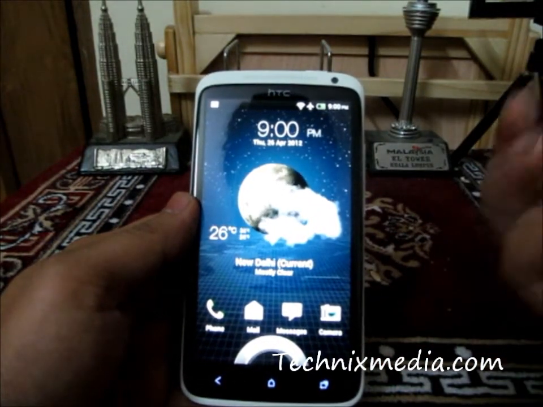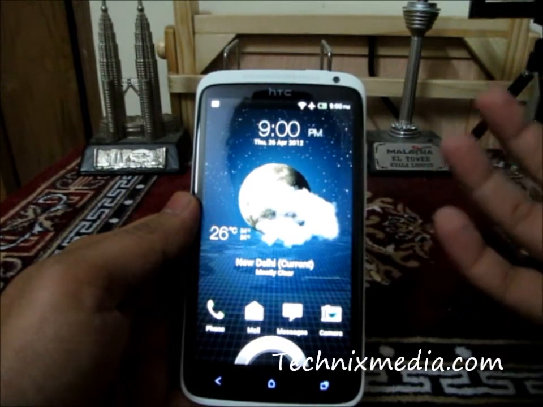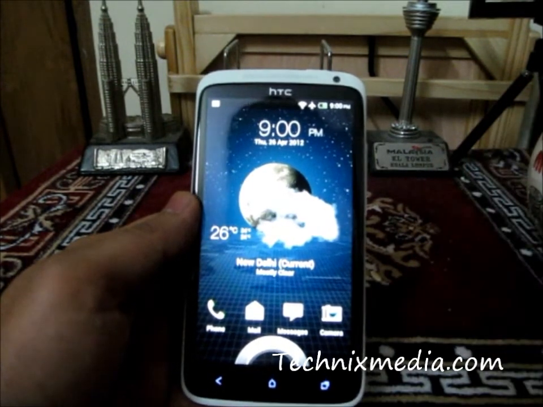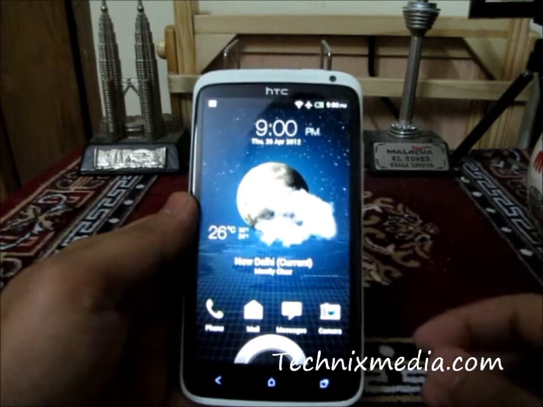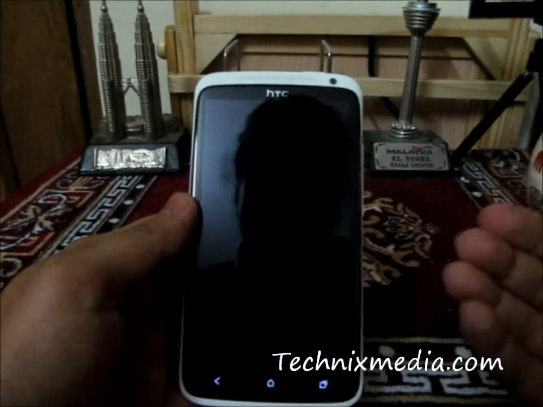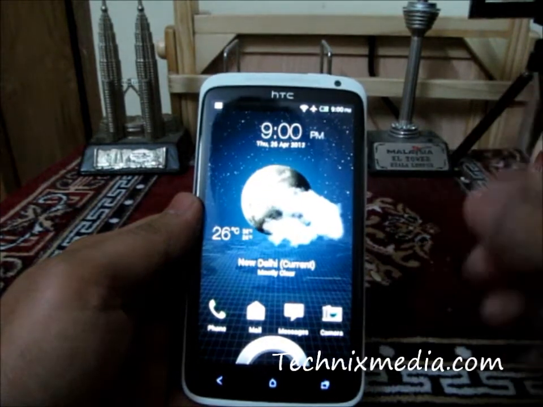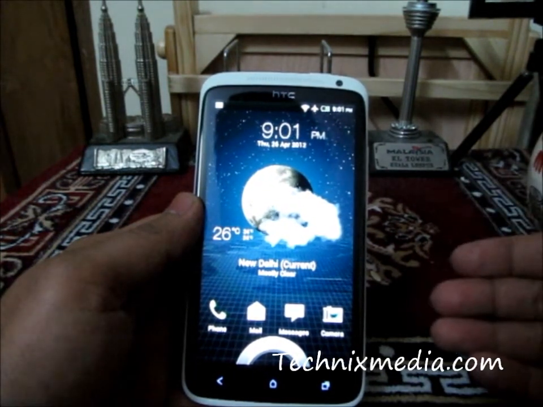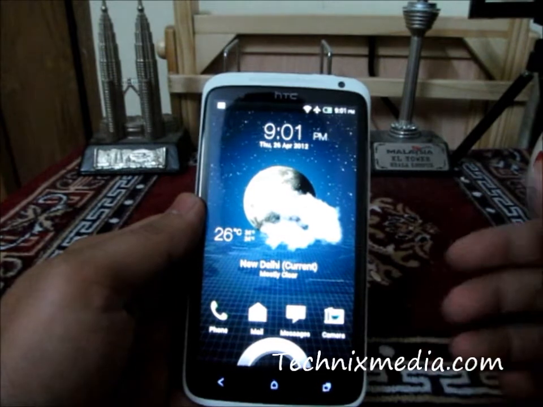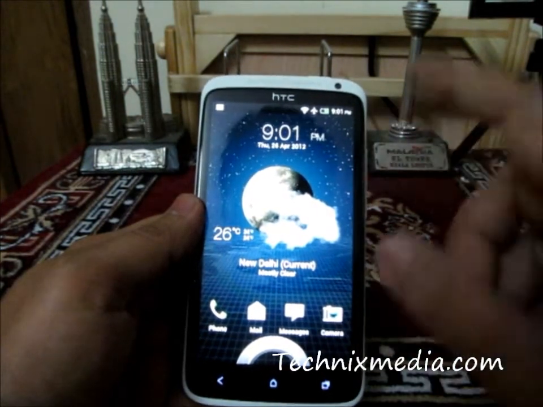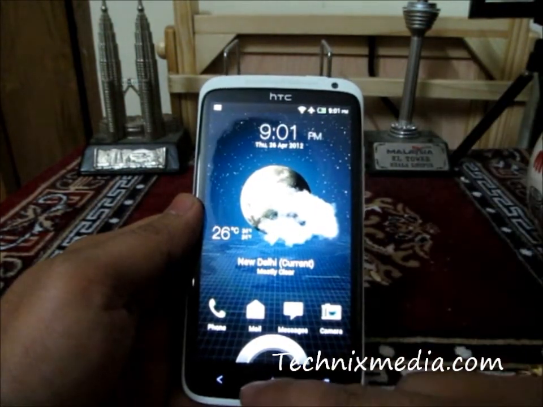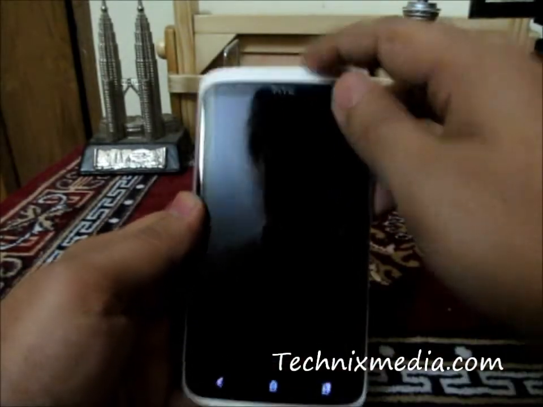HTC One X provides this particular lock screen by default, which you can enable, and which shows you the weather in such a nice animated way. It shows you the weather of the current geographical location where the phone is. How you can enable this particular effect on the HTC One X, we will just show you.